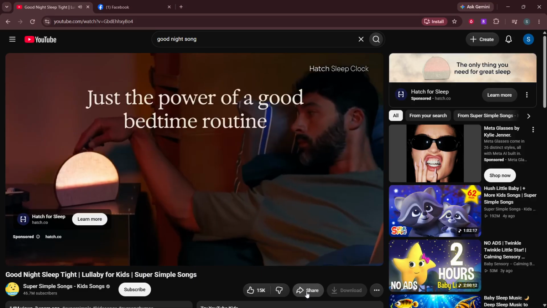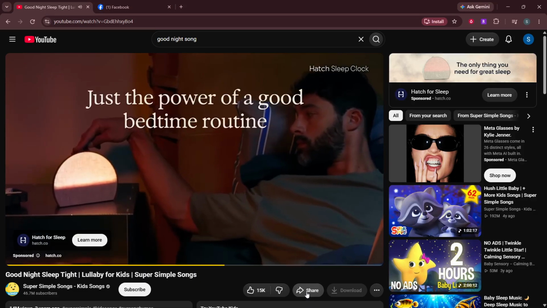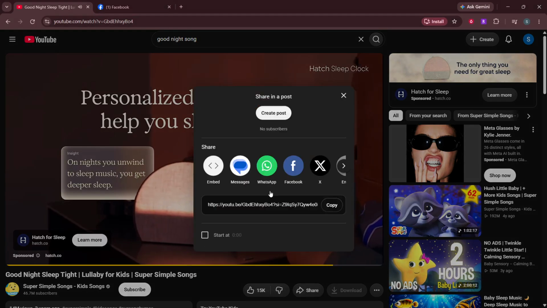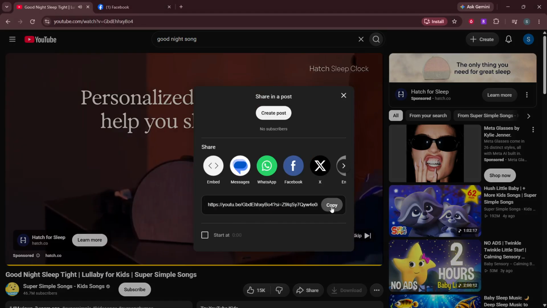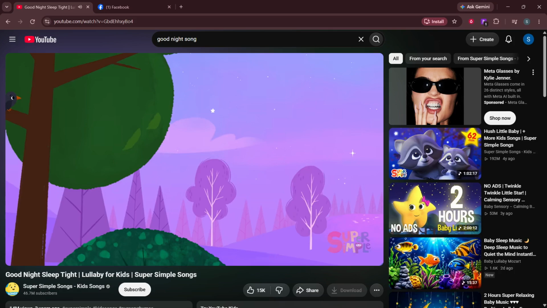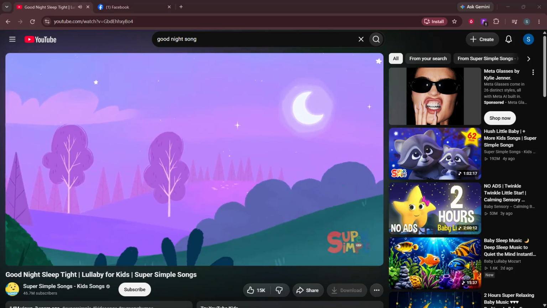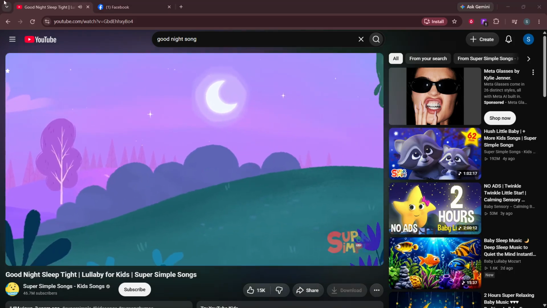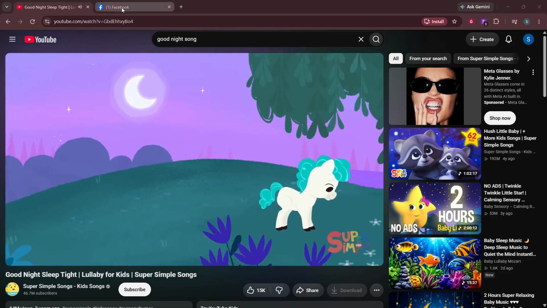From this Share menu, select Copy Link. On Spotify, this option might be labeled Copy Link or Copy Song Link. On YouTube, it is usually just Copy Link. When you tap it, the app copies the full web address of that song into your device clipboard. You will not see the link yet, but a tiny confirmation like link copied may appear for a second, which tells you it worked and you can move on.